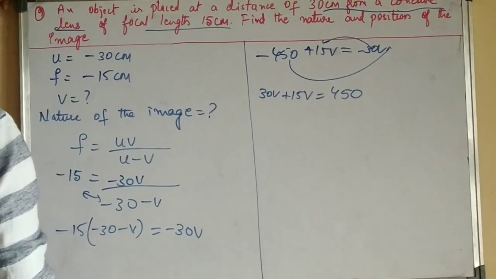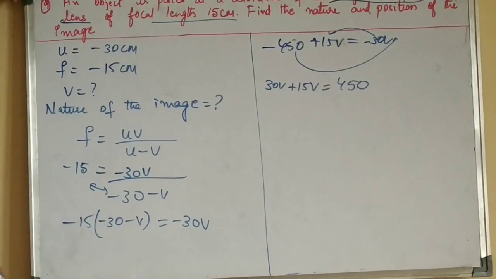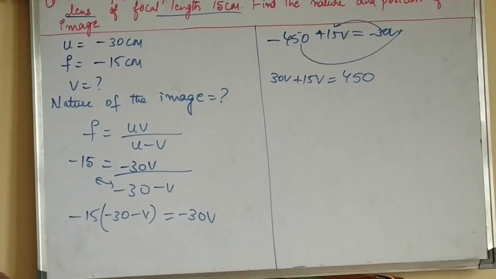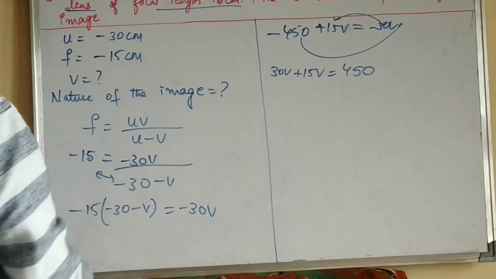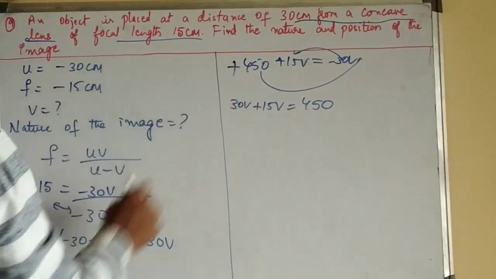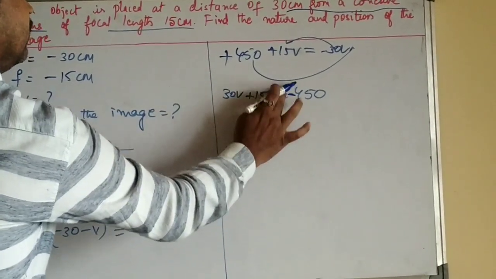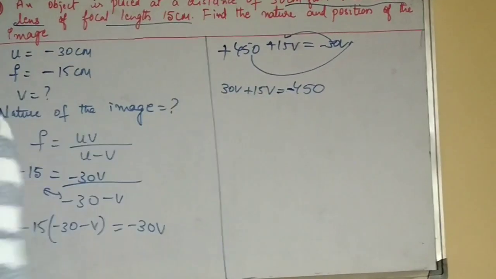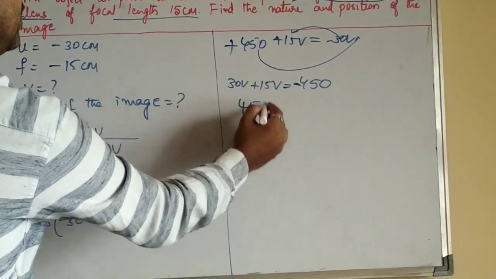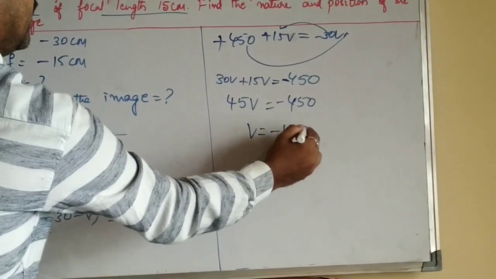So focal length is minus 15. So uv by u minus v, minus 30 into v divided by minus 15 into minus v. This is plus 450. Sorry, this is plus 450. Why? Because minus into minus is plus. Now what you will get? You will get minus 450, right? When you go to that side, plus 30 plus 15, what you will get? 45, right? 30 plus 15 is 45, v is equal to minus 450,